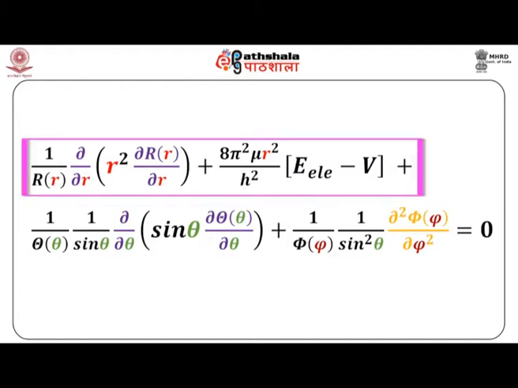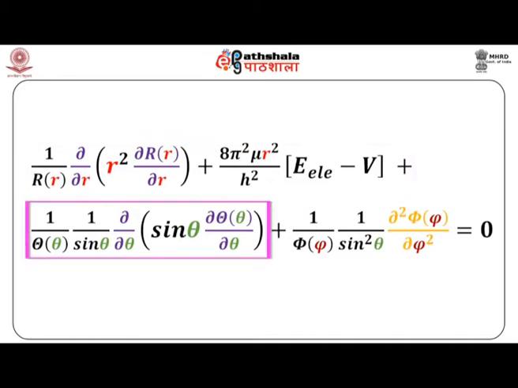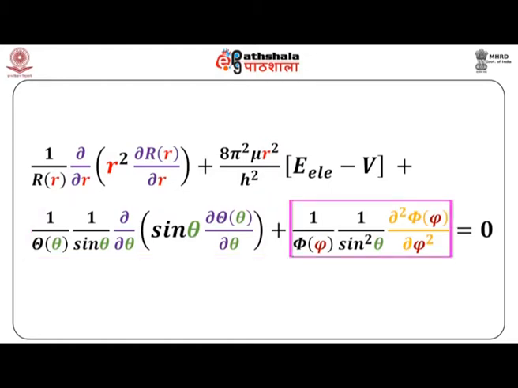The first part, as you can see in the equation, is the radial part. It contains 2 terms. Then the second term, as you can notice here, is only the theta part, and the third term is the phi part. So through these modifications and simplifications, we have been able to split the electronic Schrodinger equation in polar coordinates in 3 separate parts, representing the radial part, theta part and phi part.